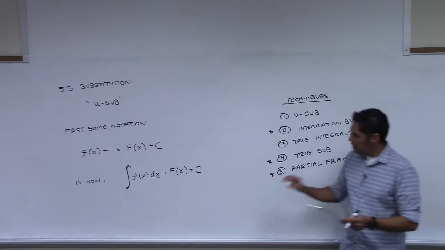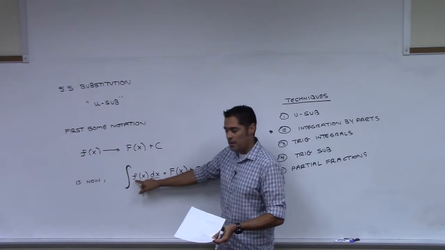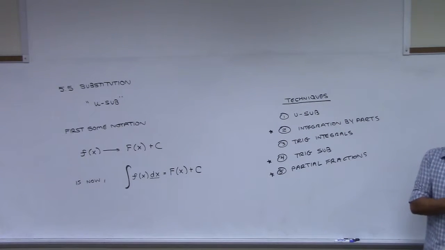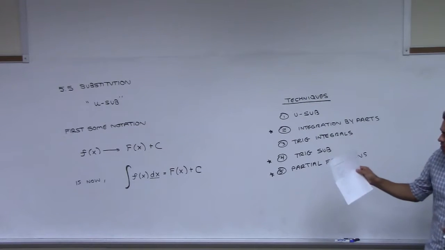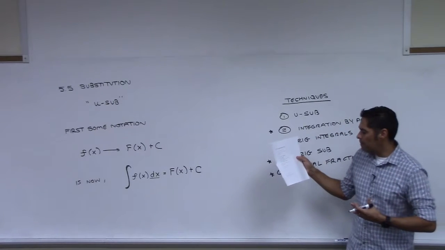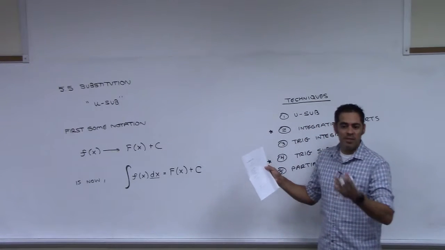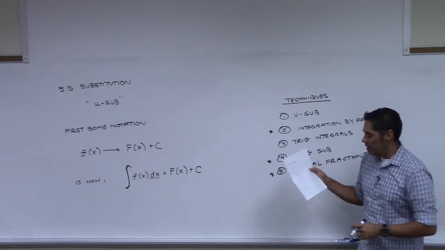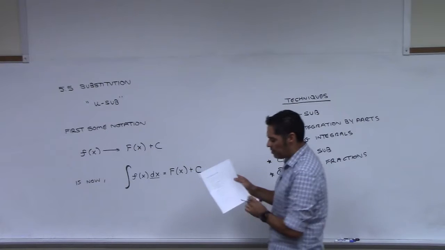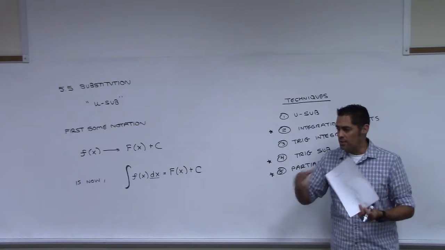And then we have capital F of x, which is the antiderivative of that, right? And then we have plus c, and this is called the constant of integration. All right, so that's some new notation for us. Now, the next note here talks about the power rule, which is something we already did, right? We said that it was 1 over n plus 1 times x to the n plus 1, so long as n was not negative 1, and then it's natural log of the absolute value of x plus c if n is negative 1. And then there's the common formulas, and I reference what page you can look at in your book, or on your formula sheets to get those common antiderivatives. All right, so that's all from last class,